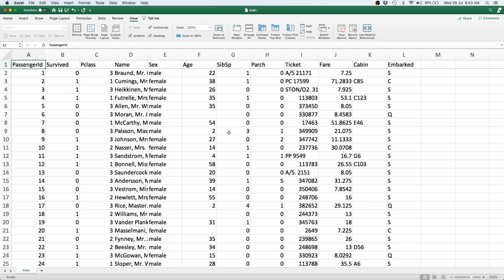Now, one of the first things we are going to do is, instead of diving headfirst into the analysis, we are going to draw on the patterns of insights that we have learned in an earlier video and try and see if we can come up with certain questions based on those patterns, and then we are going to use those questions to drive our analysis.